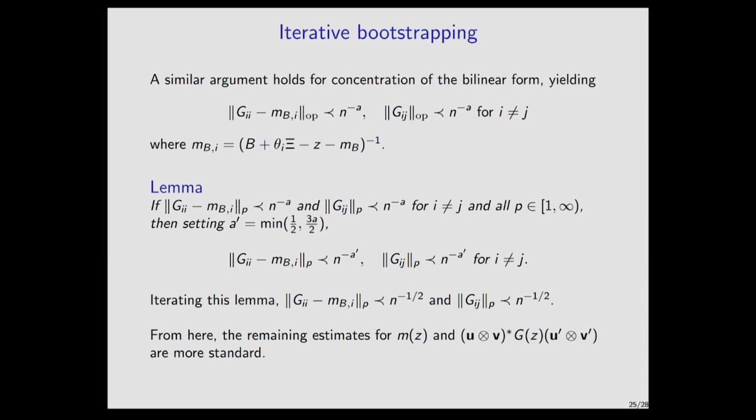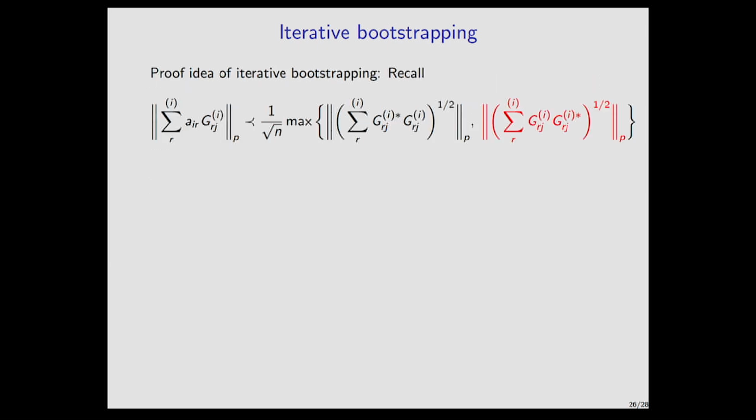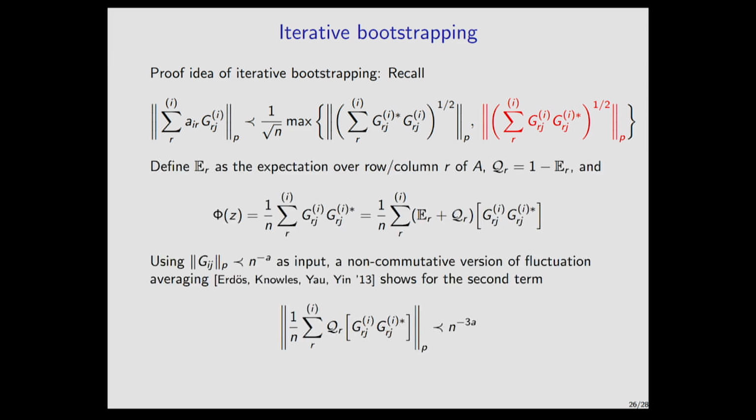Okay. So let me explain how this iterative bootstrapping works. For the iterative bootstrapping, we are going to use the non-commutative Khinchin inequality that I had earlier. So if I look at the non-commutative Khinchin inequality for the linear form, I have these two terms. The first term here is something I can bound directly spectrally by the resolvent, so I won't talk about it. The problematic term was the second term that involved this partial transpose. So the gist of the analysis is that this quantity that I want to bound, let me call this phi for a second, 1 over n times the sum.